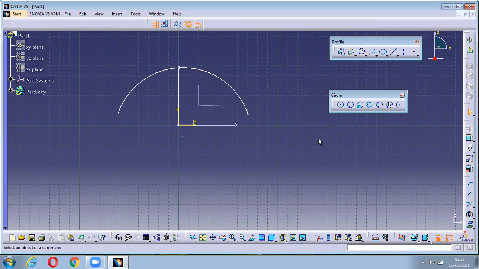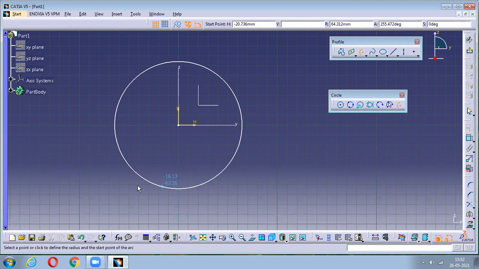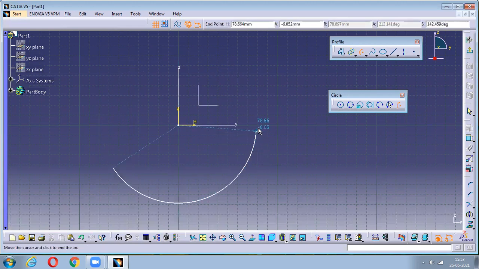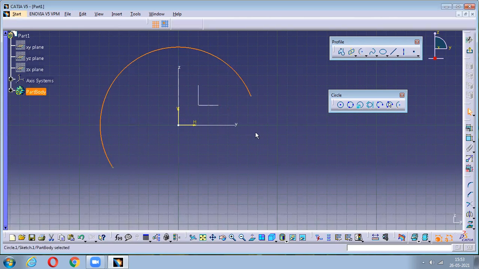Next we have a normal arc, just like your compass arc, what I have told you. It will start with the center point, start point, and the end point, and whatever arc length you want, we can give later on. Even if you want to change it, you can change the arc length. So this is what we have in circles.